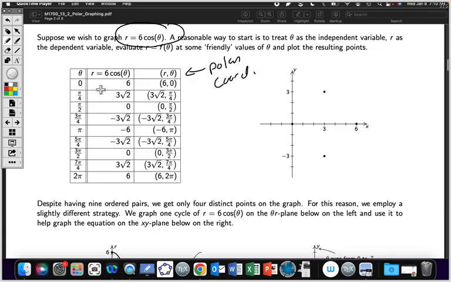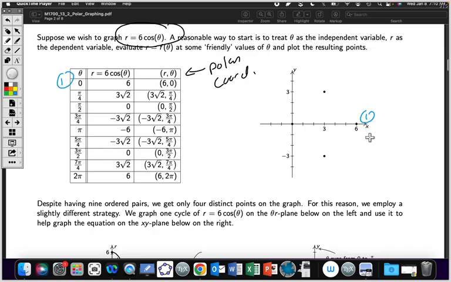All right. So I plug in 0, get out 6. The polar coordinate (6, 0) means I start here at the origin. I move out 6 along the positive x-axis, and then I don't rotate at all. So this would be the first point here. If I want to label these points just to show you what's going on,